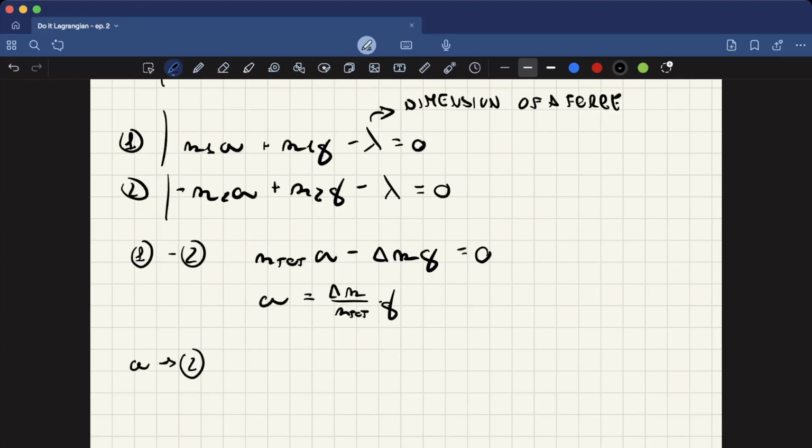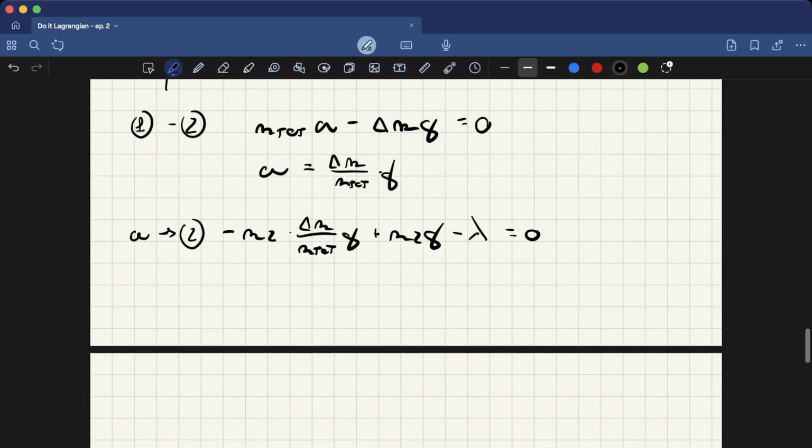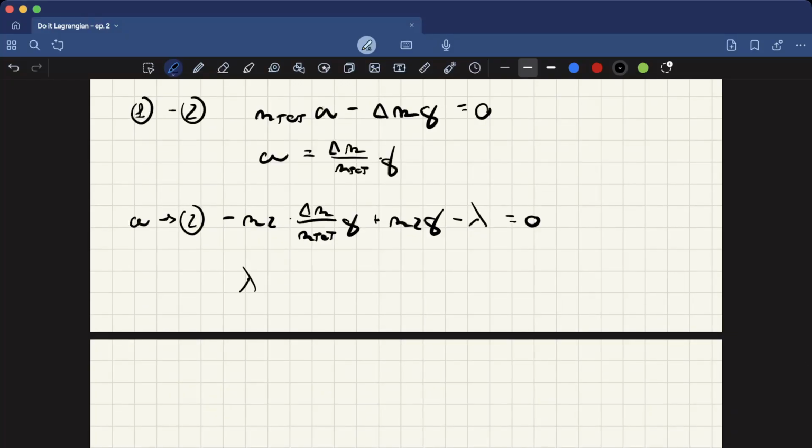So now we have minus m_2 times Δm over m_tot times g plus m_2 times g minus lambda equals to 0. Now our lambda will be equal to m_2 times g times, in this case we have also changed the sign because we isolated the minus lambda, so what we obtain is